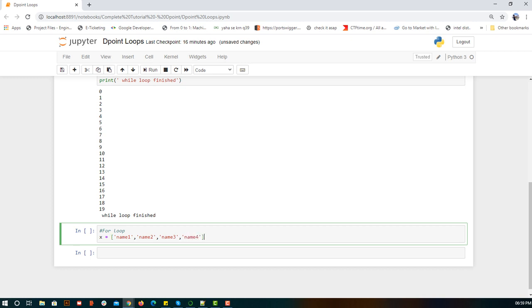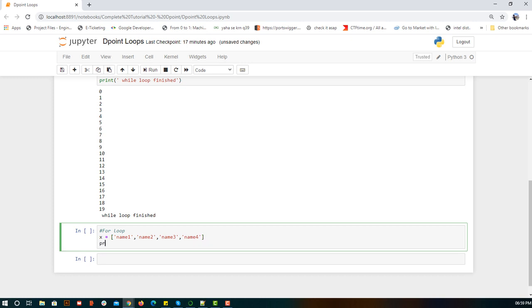So here we have created x, which is a list containing 4 strings. For now don't try to understand what a list means, I will cover that in the next video, but for now just assume that x is holding 4 values.